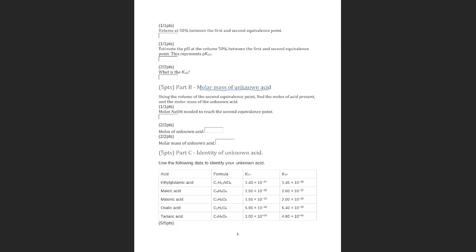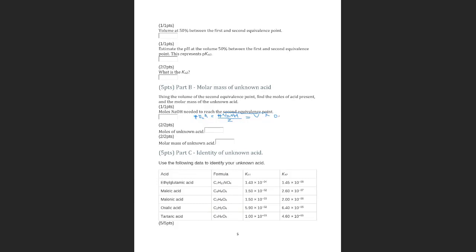So we know that the number of moles of the diprotic acid, because it's diprotic, is the number of moles of sodium hydroxide divided by 2. And the number of moles of sodium hydroxide is the volume, but they say use the second equivalent point, so the volume that you found at the second equivalent point